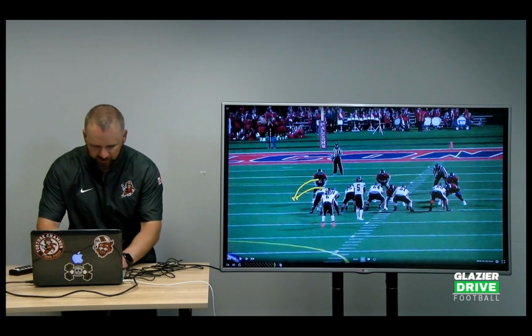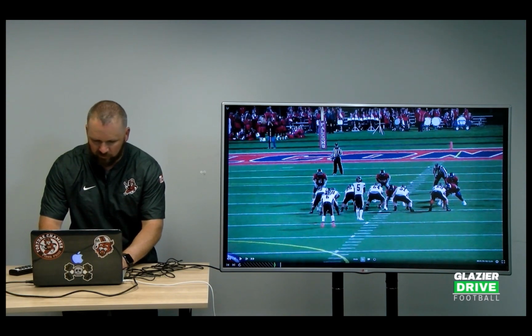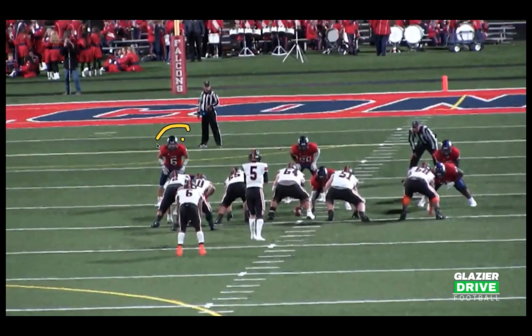But a good coaching point here: you want to teach your fullback he's responsible for this stack backer. So if he walks up outside, he still has him. If he walks up in this gap, he still has him because the tackle's locked onto the 4 technique. It's really important that you teach that to him, because you don't want him to walk up outside and the fullback still goes in here with nobody to block. Remember, we're wrapping tight for this guy, and we're gap hinging here to sort this stack out. So you want to teach your fullback, if this cat walks up, you're going to go out on him there.